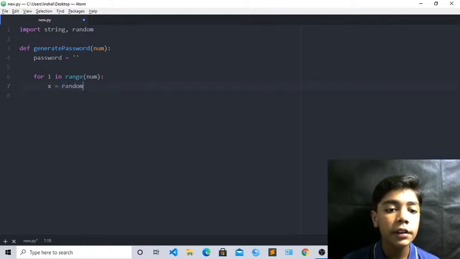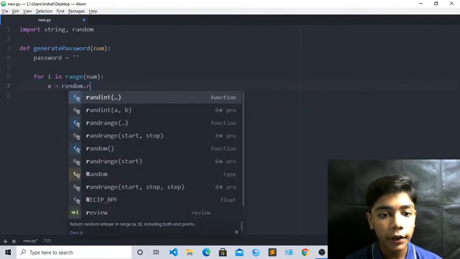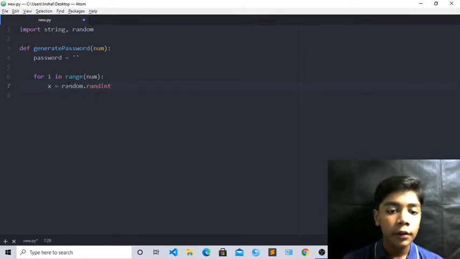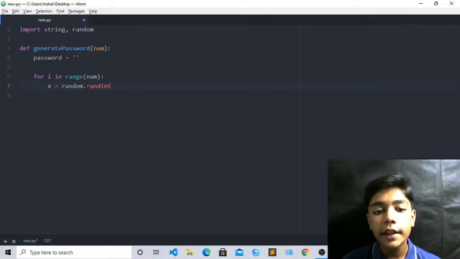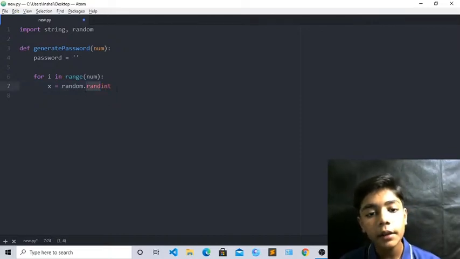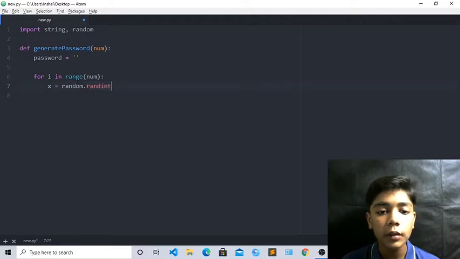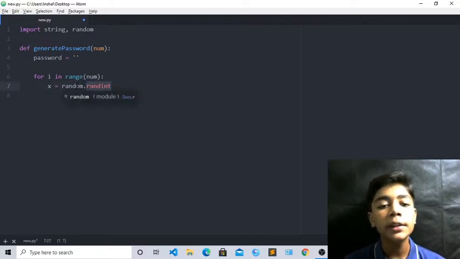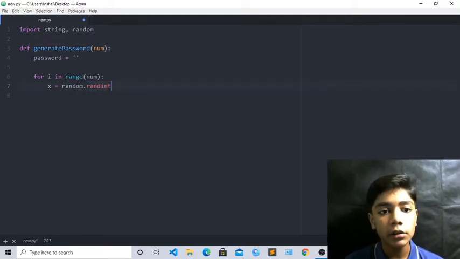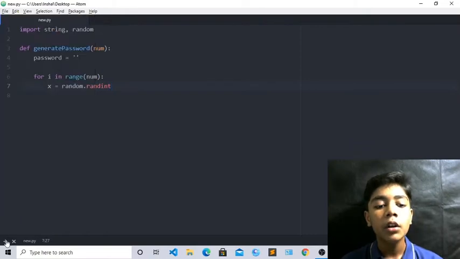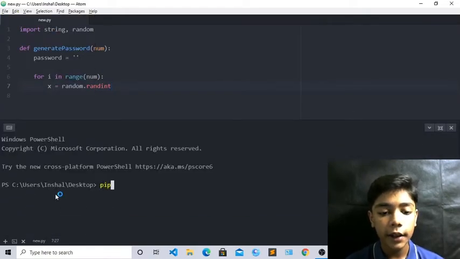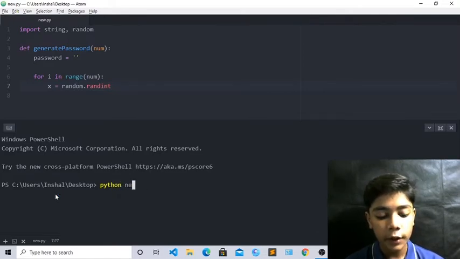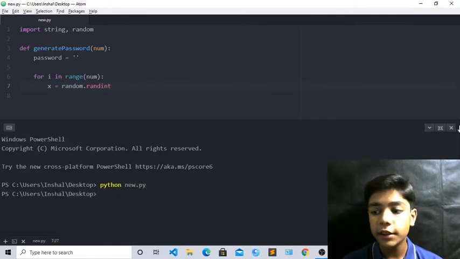Now when you have written this random, we have to write dot random here, okay. Dot random means it is like random and works like random, but there is some difference between them. Like you can remember it as random being the mother of random. So random works like that. Now when you have done all that, save from here. Now go to your terminal and write python new.py, run it. Yes, it is going good.